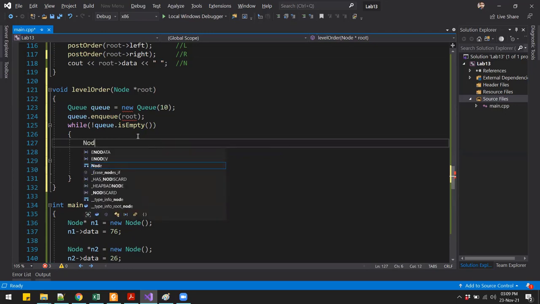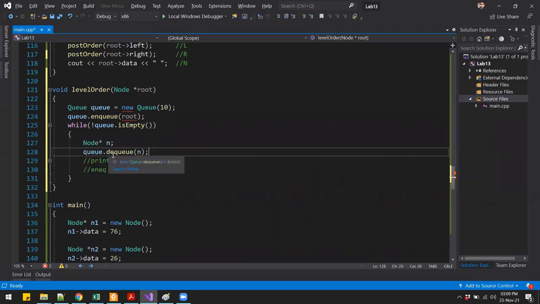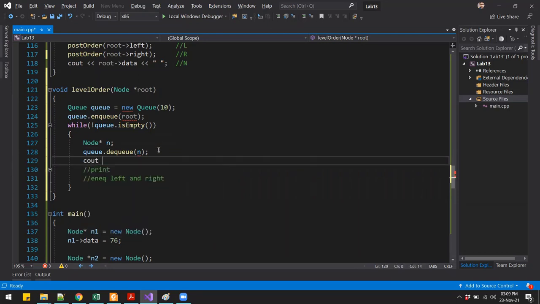Right, so we can say node n. So we will pass a node to this dq function so that we get the value of the node by reference. Once we have done that, then we can simply print the value of the node. So we can say n arrow data.